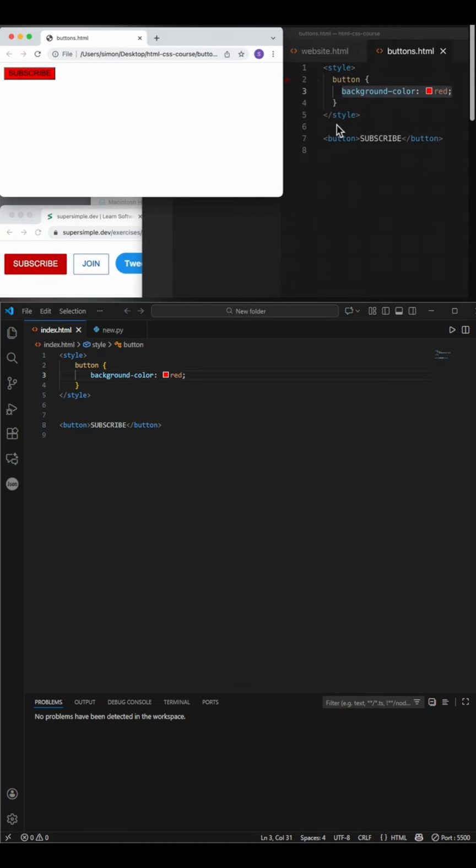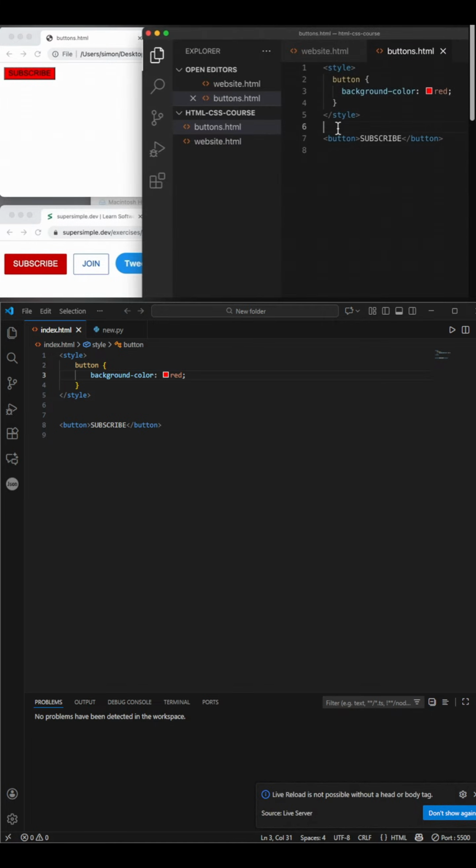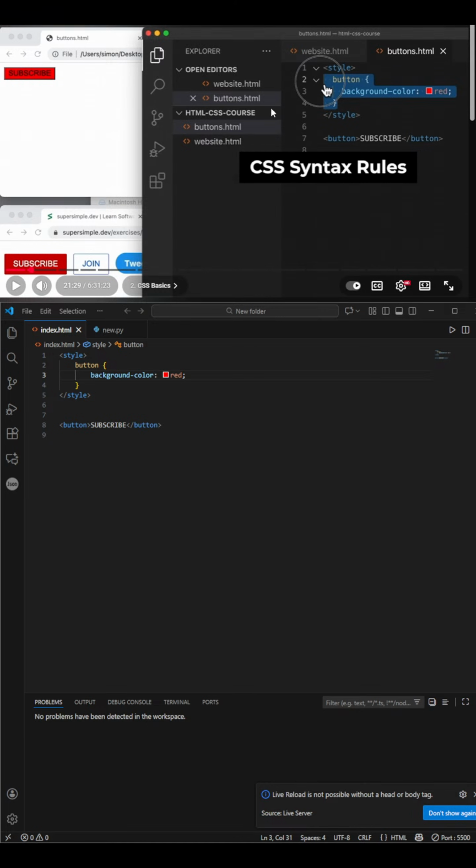So as you can see, CSS is similar to HTML. We're simply giving instructions to the computer, and then the computer follows our instructions step by step. And just like HTML, we have to follow certain syntax rules when writing our CSS so that the computer understands our code. So what are the syntax rules for CSS? How does this